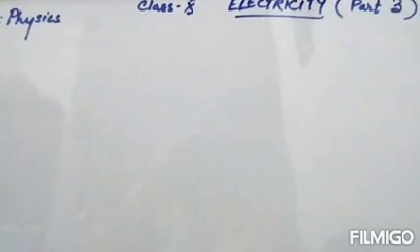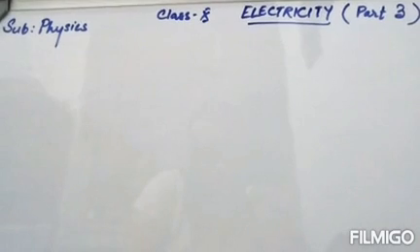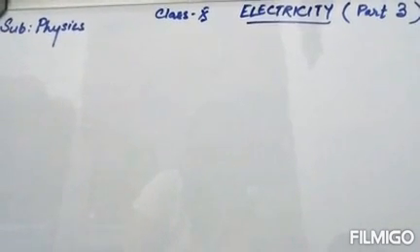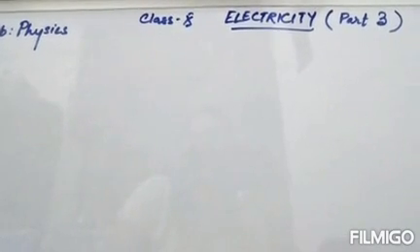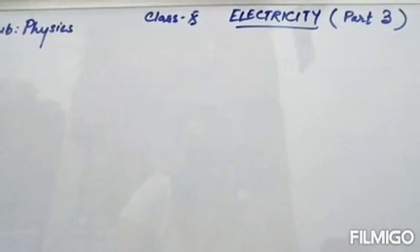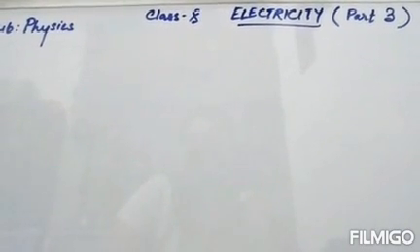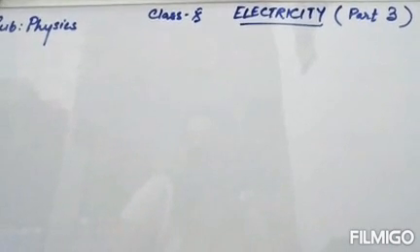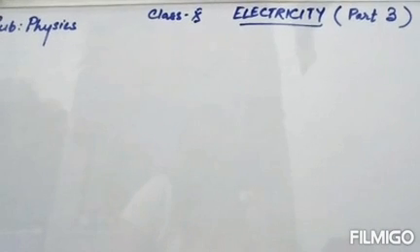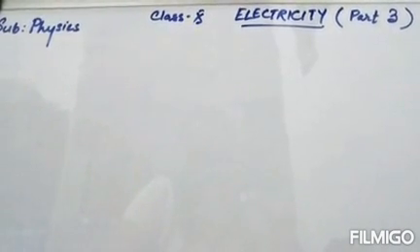Last class we studied how and why current flows through a conductor, a wire, or a circuit. What is a circuit diagram? What are the different parts of a circuit diagram? What is an ammeter? What is a voltmeter? We also studied the different components of a circuit diagram, like switches, cell and battery, and how to represent the ammeter, voltmeter and resistance in a circuit diagram.